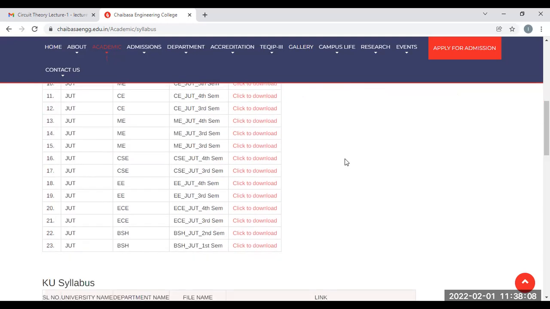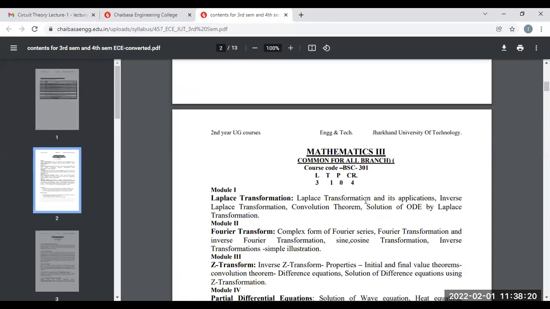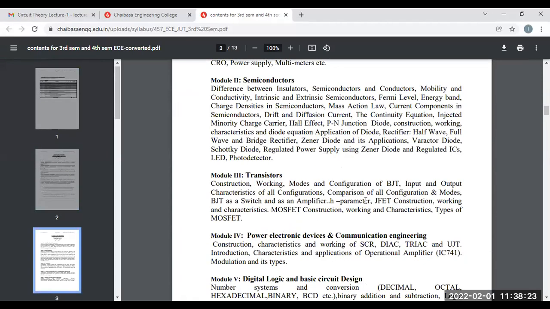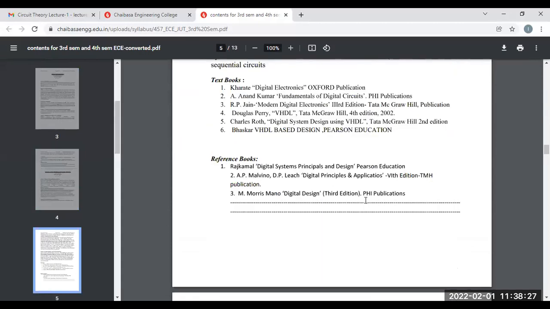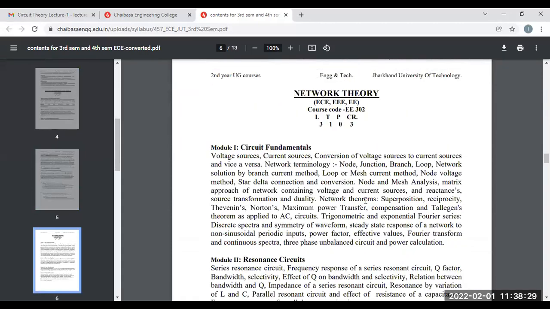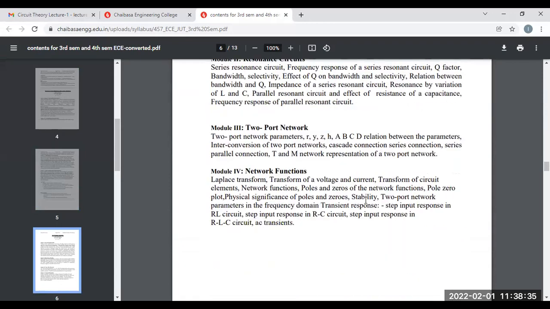So you will go to your department. You have EC third semester, EC JUT third semester. Here you will just download it and you can see your syllabus. Okay, this is your syllabus. This way you can actually get your syllabus. Here I will take one of your papers, that is network theory. Under this paper we have